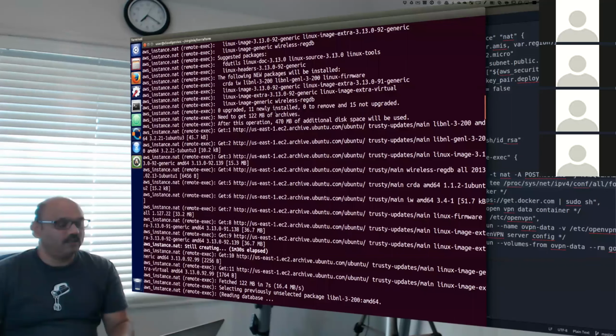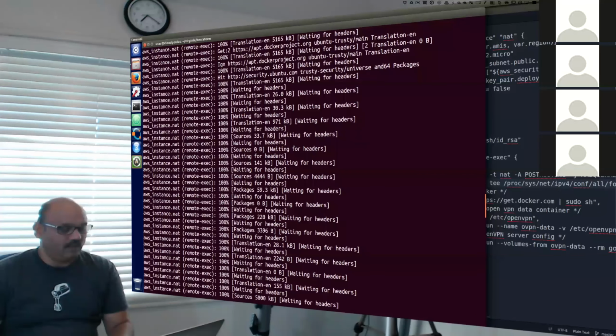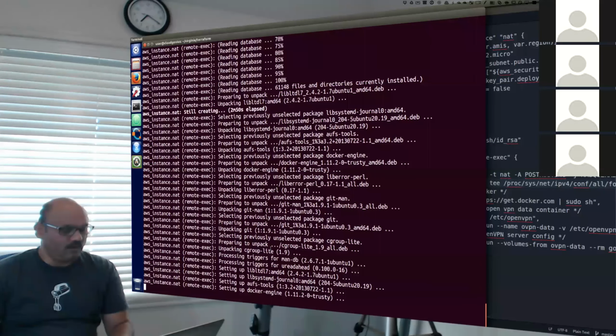In here, we are running apt-get install, a bunch of things. Then we are waiting for the Docker engine to set up.